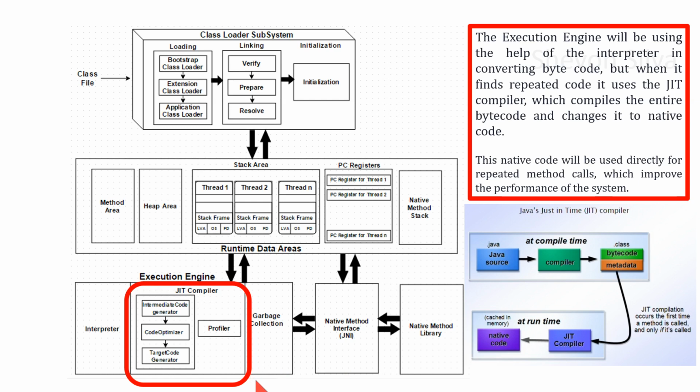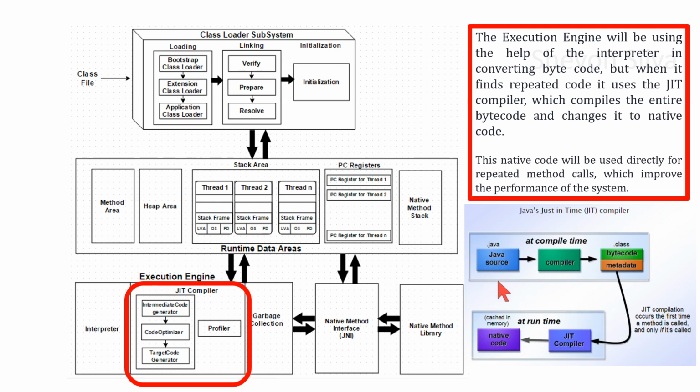The execution engine will be using the help of the interpreter in converting bytecode, but when it finds repeated code, it uses the JIT just-in-time compiler, which compiles the entire bytecode and changes it to native code. This native code will be used directly for repeated method calls, which improves the performance of the system. In this diagram you can see